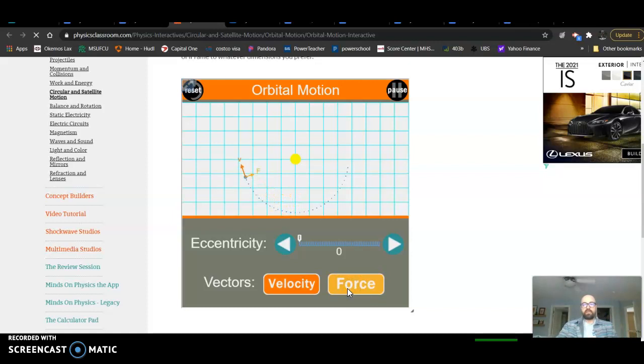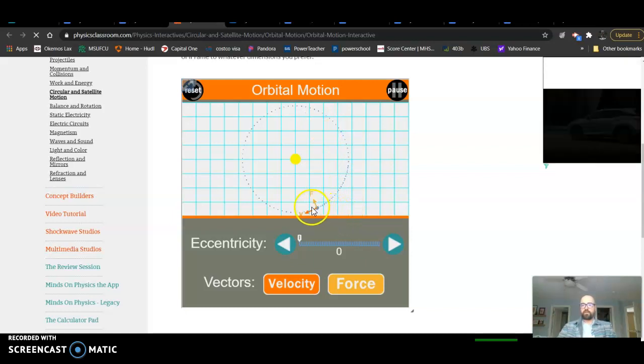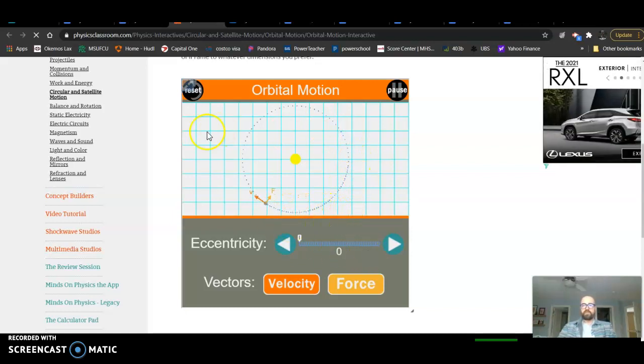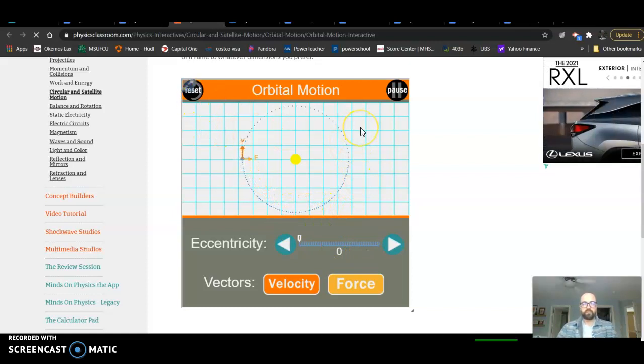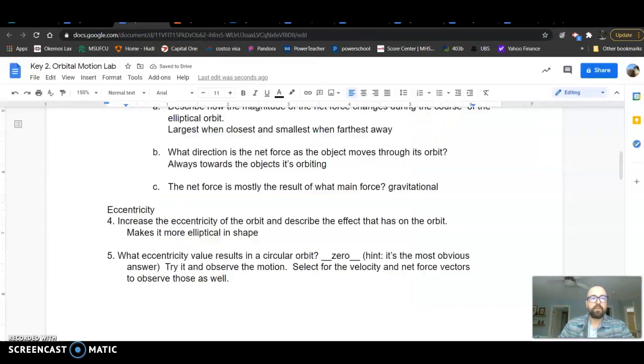And then we had to look at the velocity and force. So we're looking at that now. You can see that in the circular orbit, velocity doesn't change, force doesn't change in magnitude, and that means the amount. The direction does change, so that'll be a key thing with something we're going to do later this week. But as we go back to this,